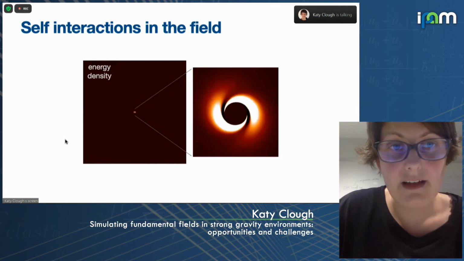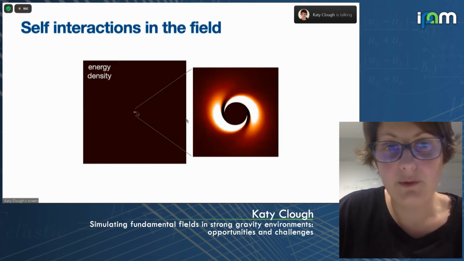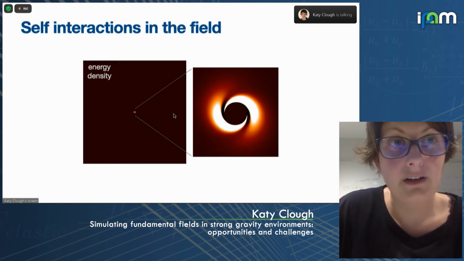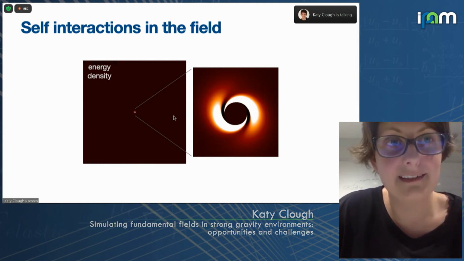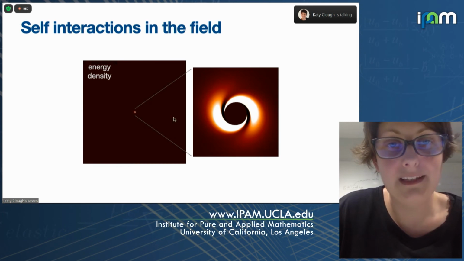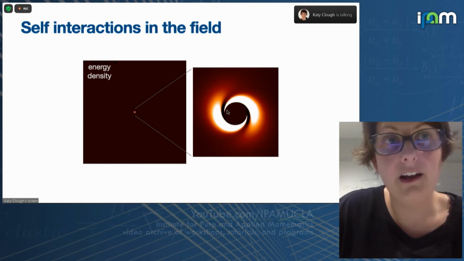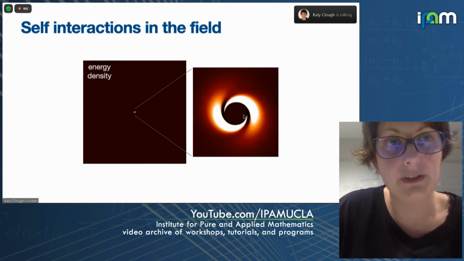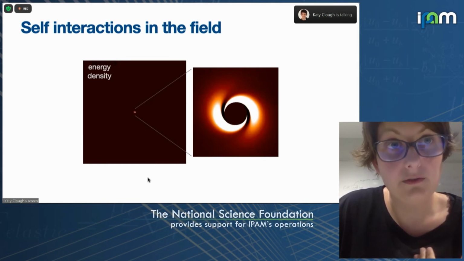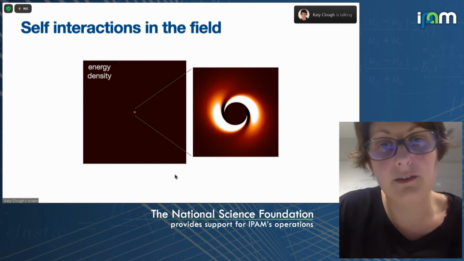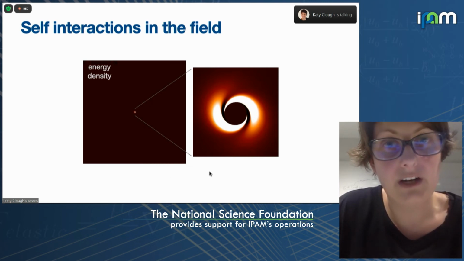So this is what we did. We evolved it, and this is just to give you a sense of these simulations. I think one of the things that really surprised us was how much resolution was required. I had a new respect for the simulations that Will East and Frans Pretorius did. Really high resolutions were required at the horizon, particularly to achieve the right growth rates in the non-self-interacting case, to check that we get the right rates, and then to add in the self-interaction and see what happens.